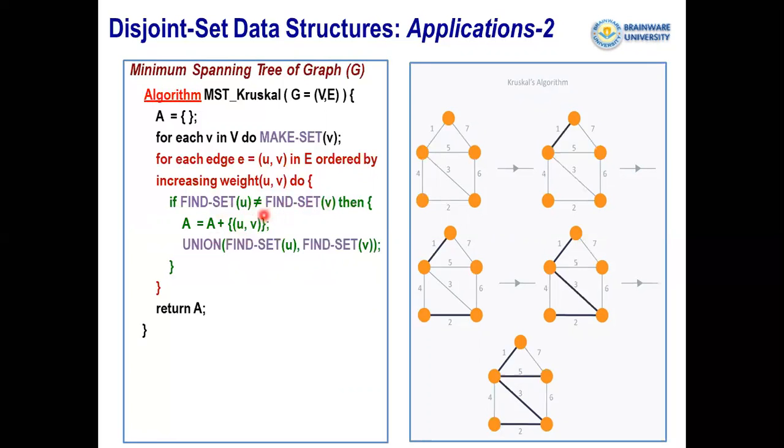Then we apply the union operation, that means we add this edge to the set A, and then we apply the union operation, so find set u and find set v. So first we take this one, and check whether this vertex and this vertex belong to the same set. No, they belong to two different sets. Then we apply the union operation and assign this edge into A. So we take this edge. Next we choose the next